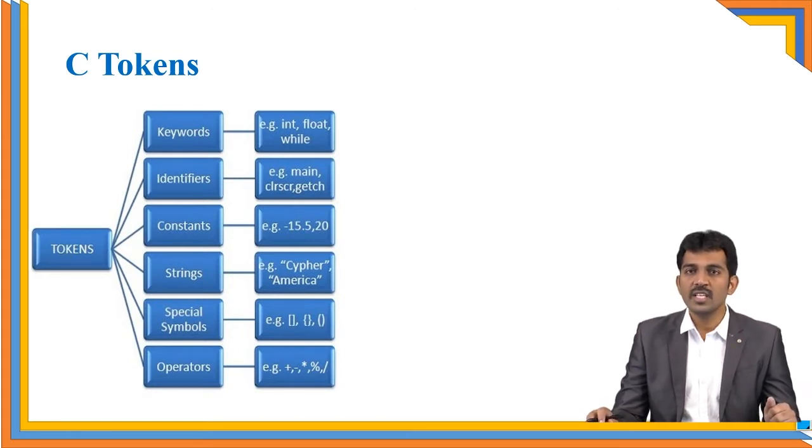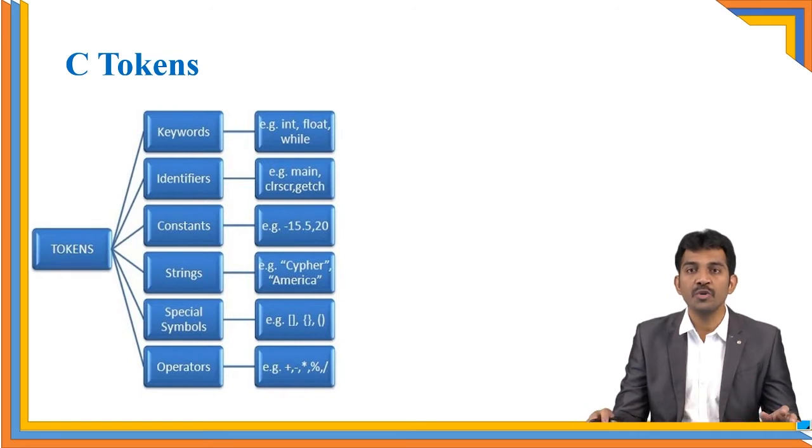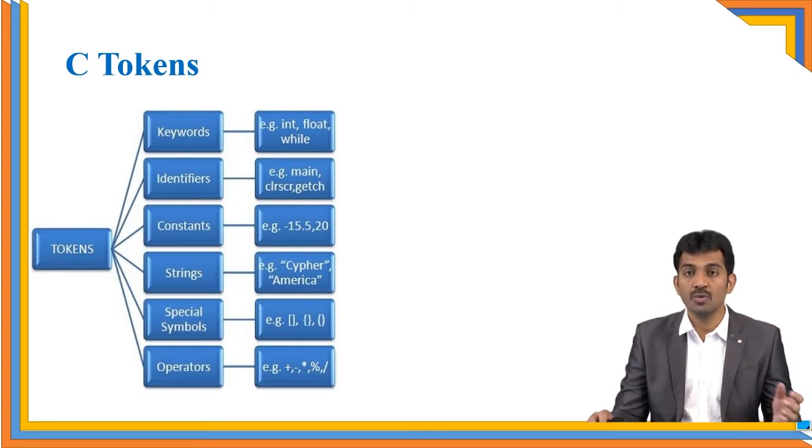Let us see what a keyword is. Keywords are reserved words, for example int, float, while. These keywords are used by the developers for the compiler's purpose, so we don't have a provision to use them for our own purpose. For example, if you book one seat in a theater, you don't have a provision to allocate it to others. Like that, these are words reserved by developers, so we cannot use those keywords for our own purpose.